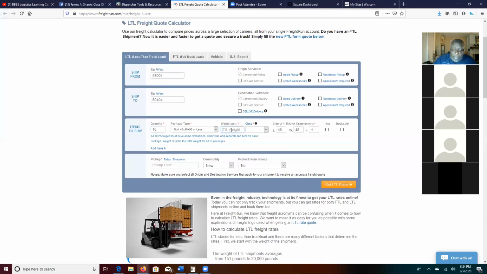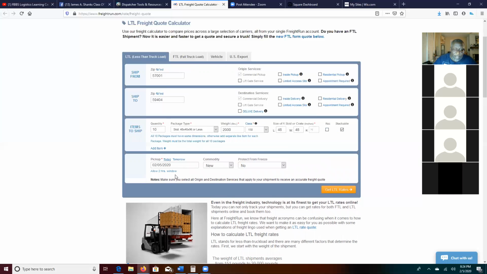Let's say the total weight is 2,000. Let's say the class is 150. Let's say the size, well, we'll leave it at that. 48 by 48. It's not hazmat, it's stackable. And there we go. All right, pick up today. All right, 2-hour window. Commodity is new. Protect from freeze, no. All right, get LTL rate.